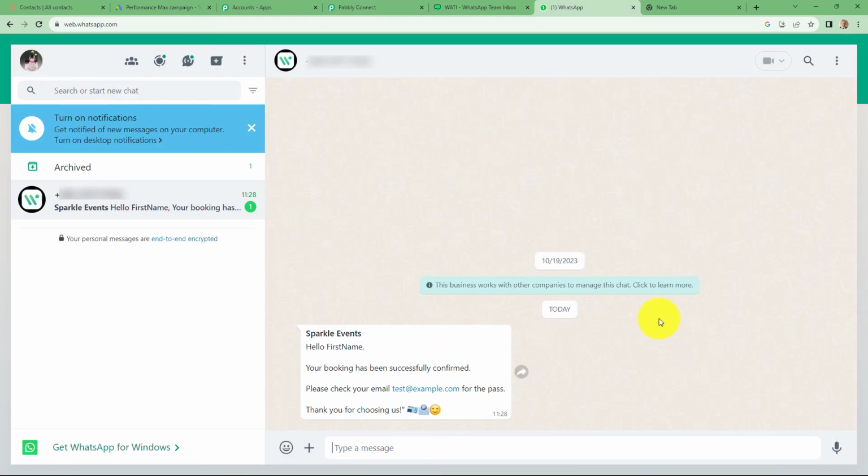And yes, we can find that we have received the message here from Sparkle Events. Hello first name, your booking has been successfully confirmed. Please check your email test@example.com for the pass. Thank you for choosing us. Because we have received this message, that means our workflow is perfectly successful and we have successfully created the integration between all the applications. So let's go back on Pabbly Connect and we will summarize what we have done in